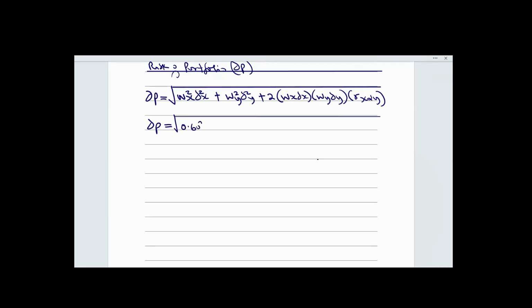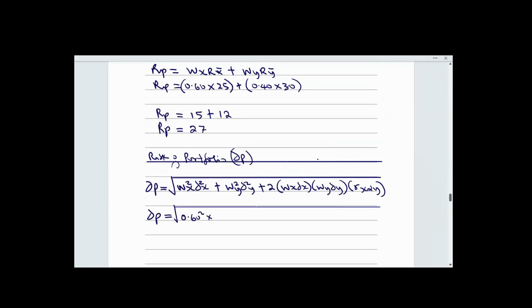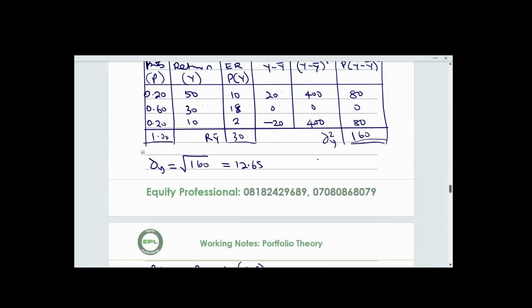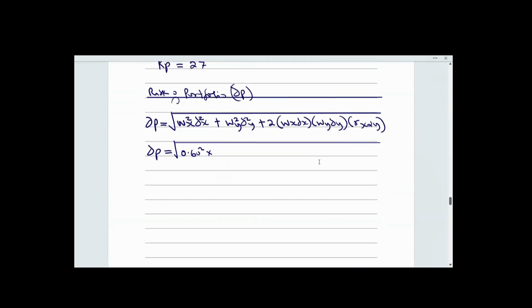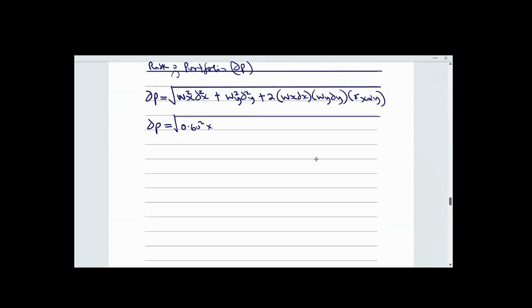So 0.6 squared multiplied by the variance of security X. Based on our calculation, the variance of security X is 15, plus we invested 40% on security Y. So you square it, then multiply by the variance of security Y, which is 160,